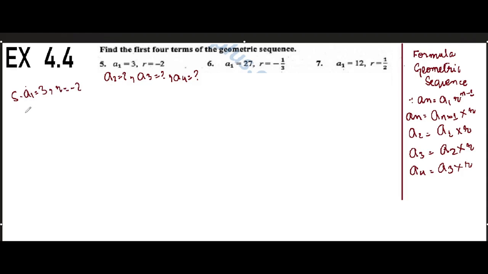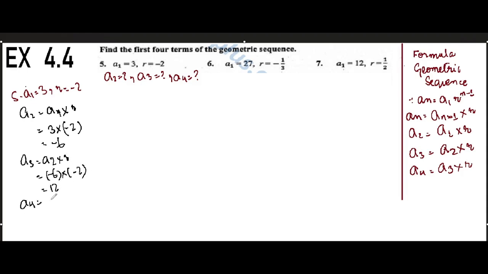Now let's solve it. a2 is equal to a1 into r is equal to 3 into minus 2 is equal to minus 6. Then a3 is equal to a2 into r is equal to minus 6 into minus 2 is equal to 12. a4 is equal to a3 into r is equal to 12 into minus 2 is equal to minus 24. Then we are going to do the sixth part, which is a1 equals 27 and r equals minus